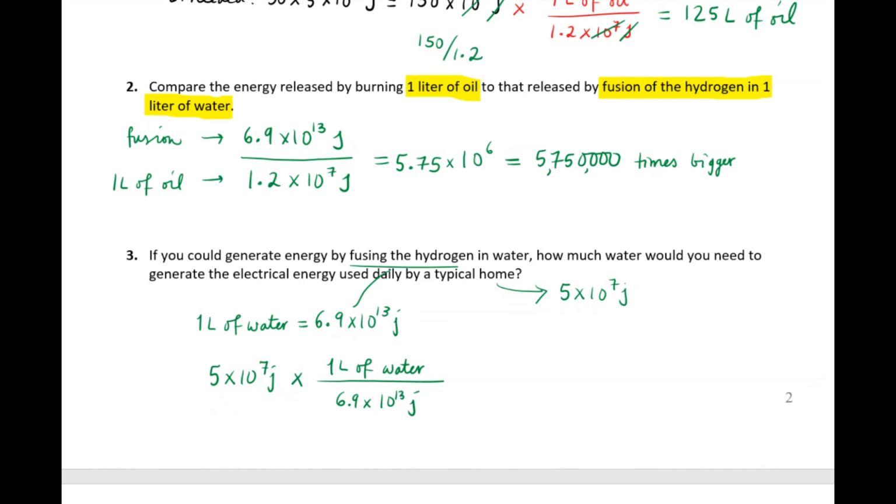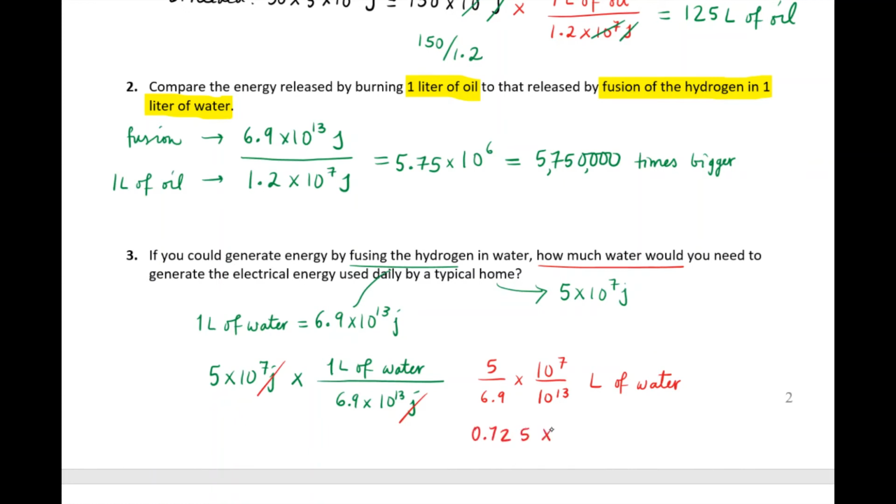So the joules will cancel. You get the amount of water, and we got something like 5 over 6.9 times 10 to the 7 divided by 10 to the 13 liters of water. So that's the water amount that we need. Folks, be careful. You're simply converting the energy unit into the amount of water, because that's what you need to find how much water I need. And if you simplify, this is going to be